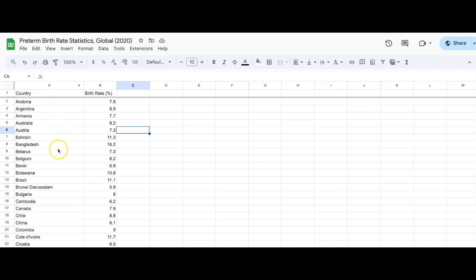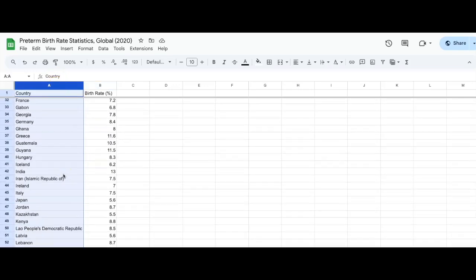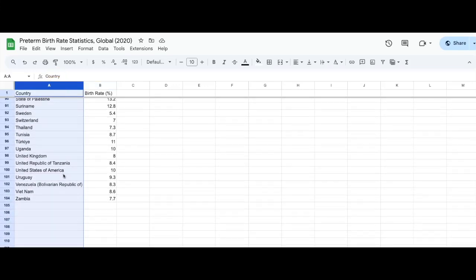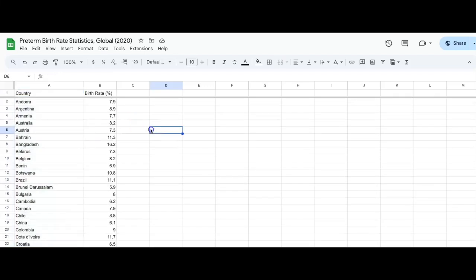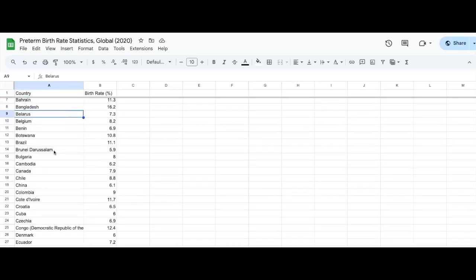Select the information from both columns. The easiest way to do this is to click at the top of column A where it says A. When you do this, all the information in column A, all of the country names, will be selected and highlighted. Note, if you do not do this correctly, watch what happens. If I instead click on where it says country, only that box is selected, not the entire column.